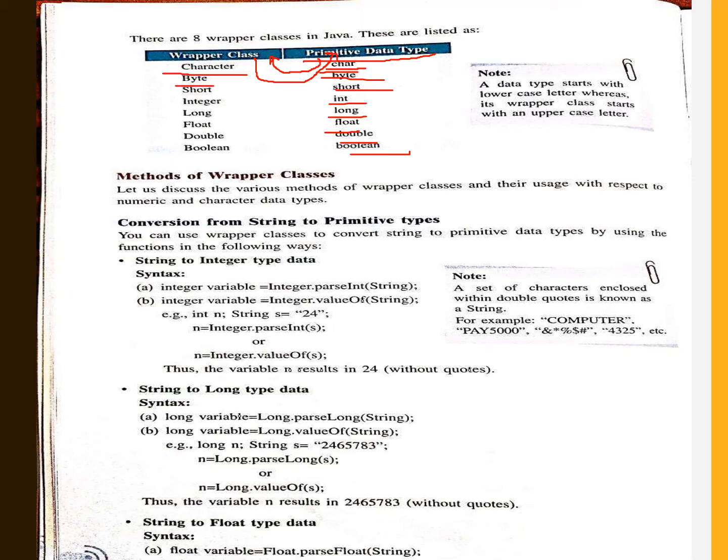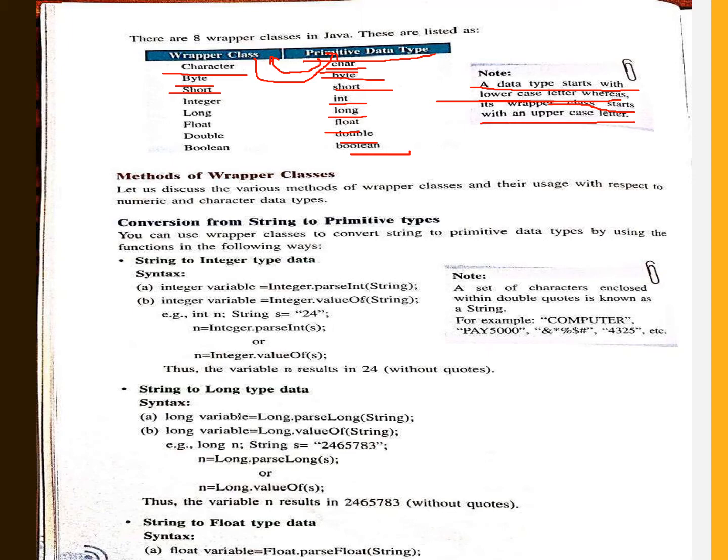Byte is a wrapper class for the primitive data type byte. Short is a wrapper class for the primitive data type short, and so on. A data type always starts with a lowercase letter, whereas a wrapper class always starts with an uppercase letter.